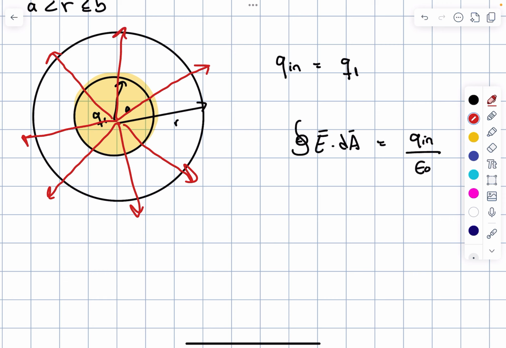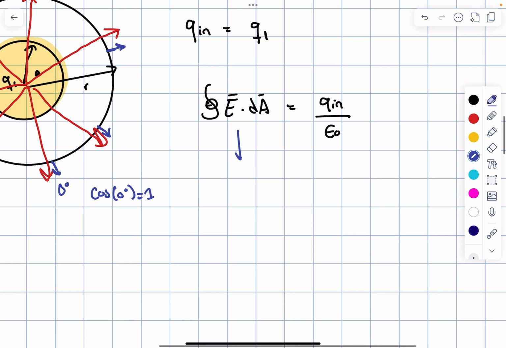I also know that my dA here is also pointing radially outwards as such. That means that the angle between these two is 0 degrees. Cosine of 0 degrees is equal to 1. So when I do this, I have the surface integral of E dA cosine of 0,